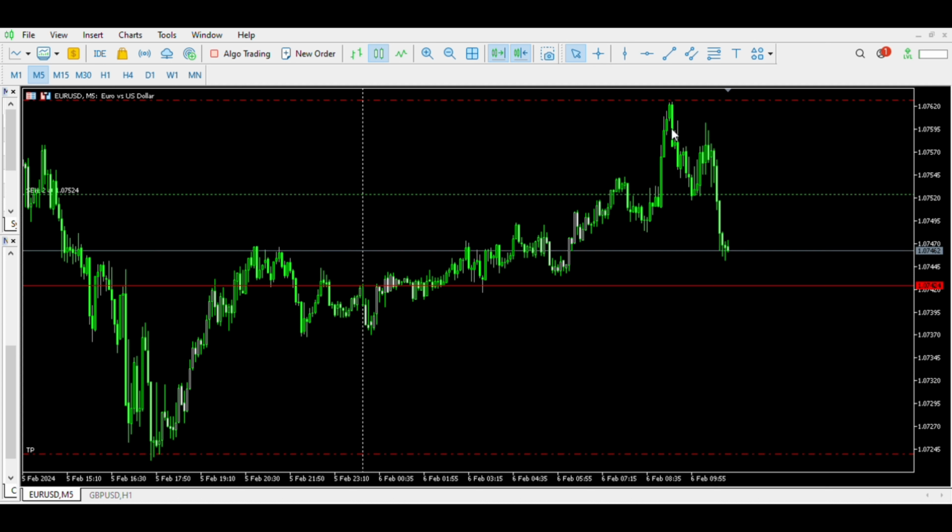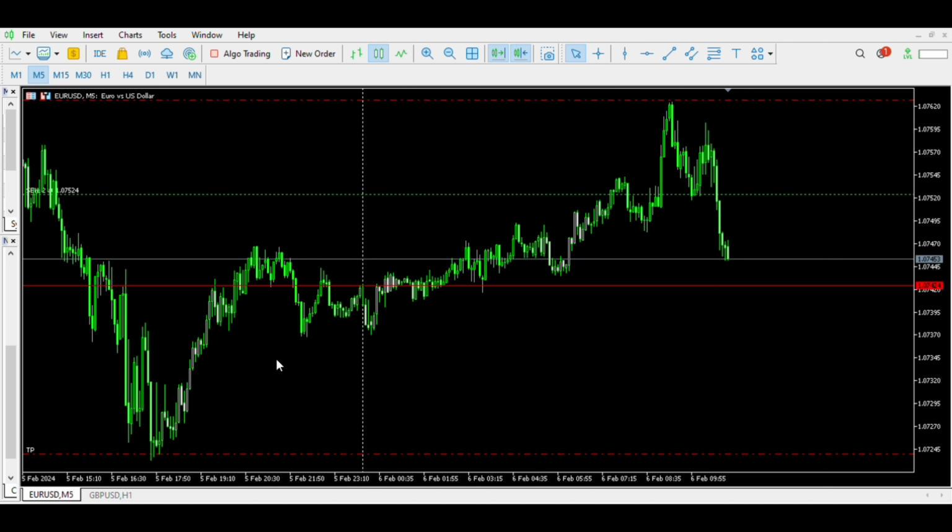But supply and demand tells me I do not buy at highs. Okay, this is a high because this trend started down here. So this is a high. I do not buy at highs. I sell at highs. So if it's at a high here, I'm looking for a sell, and I'm going to wait for it to reverse so I can sell at the high, and I leave my stop loss here.